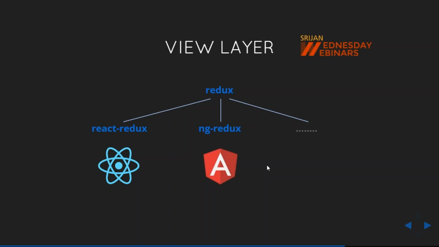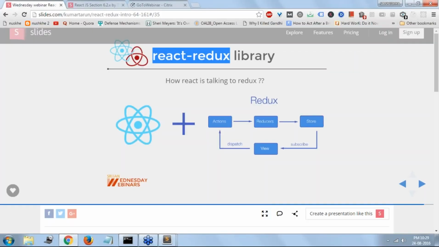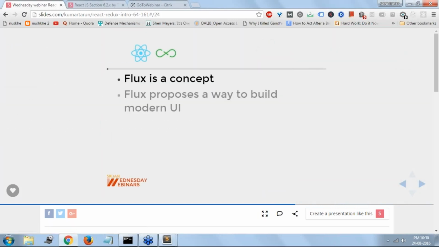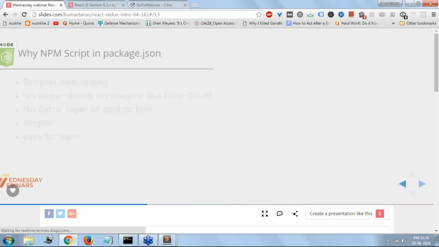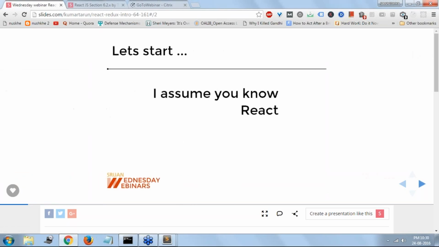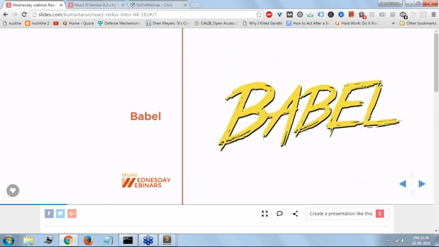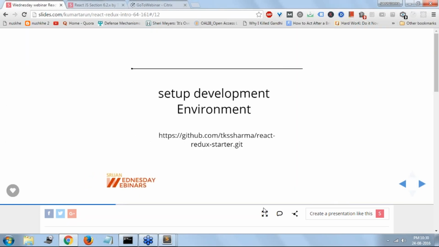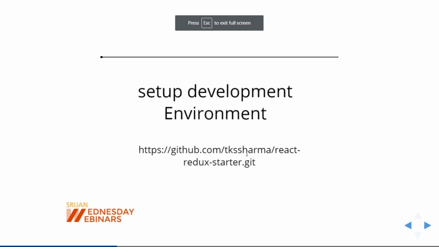So Tarun, there's another question from Vijay. He's asking, what's the GitHub repo of the React Redux starter repo? Yeah, I can provide that. That is actually mentioned in the slides. I need to go back. Yeah, I will share it. If you can see, you can just directly look into it.